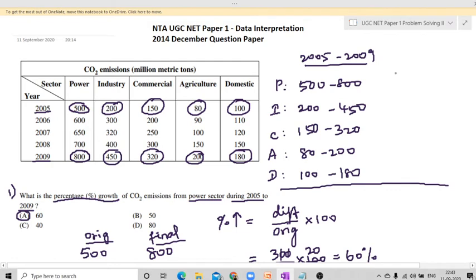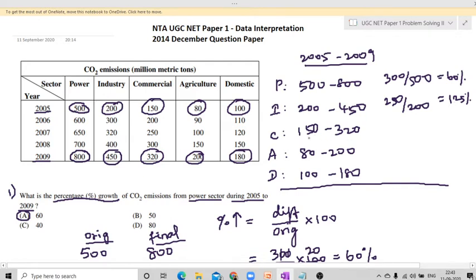So that means here we will be getting 300 out of 500, that is from 500 it has increased by 300, which is already 60 percentage, we know that. And next is here 200 to 450 it is rising, that is out of 200 there is an increase of, see the increase here, it is 250. So in this case we have a very huge increase, so in terms of 100 percentage, it will be 125 percentage. Why? Because you can just calculate this value in terms of percentage. We'll be getting it to be 250 by 200 into 100, and that will give the answer as 125.